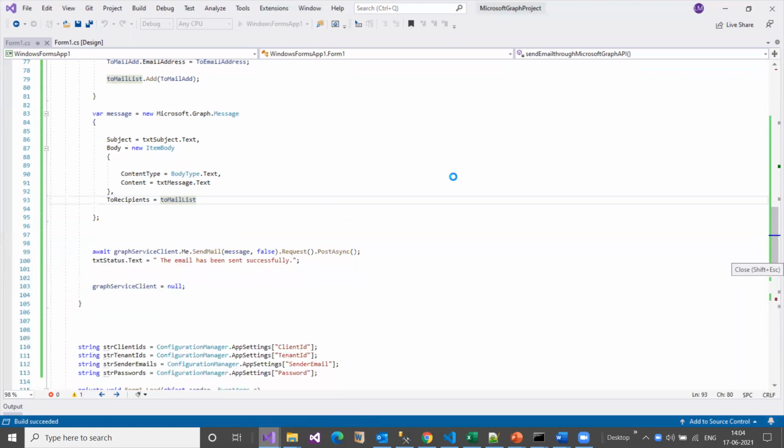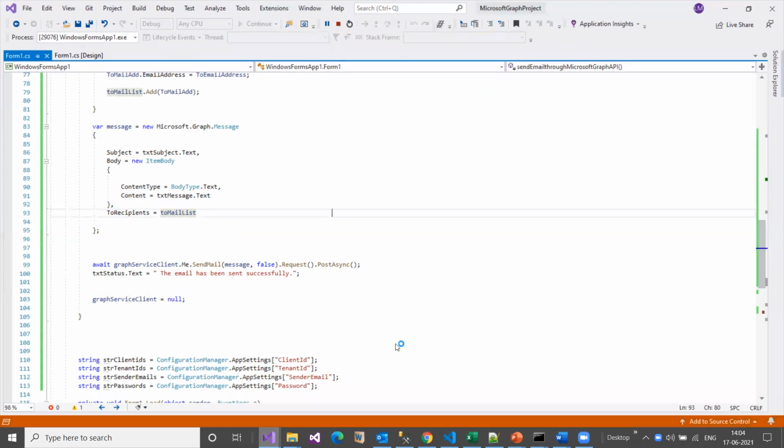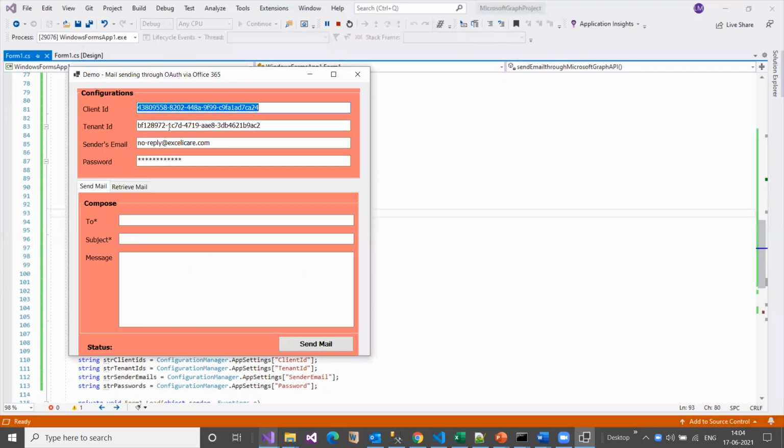So I have given all this information which I have created through the Azure portal: the client ID, the tenant ID, and the sender mail ID, and I'll give my mail ID here. And for the To address, I'm giving my Gmail. The subject is demo. Email sent through